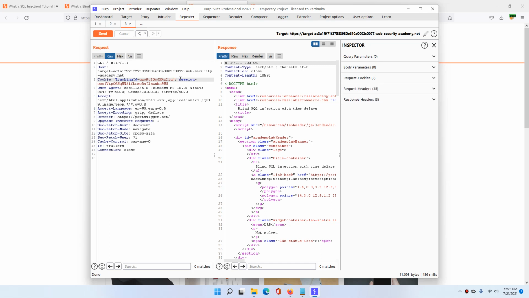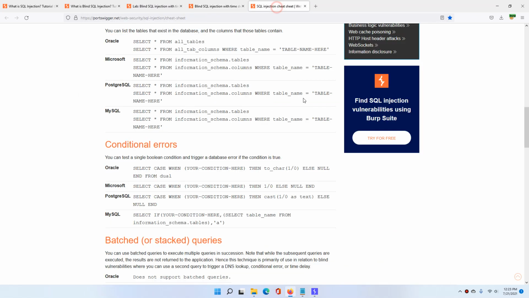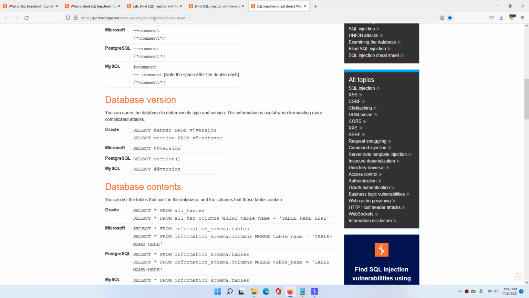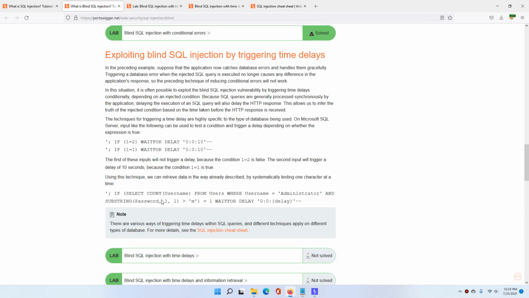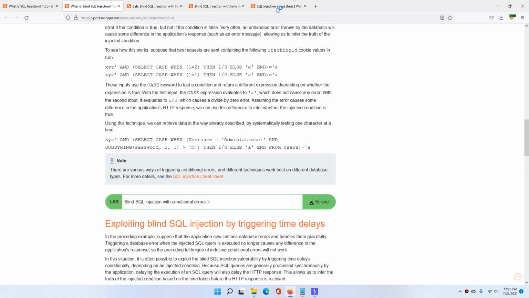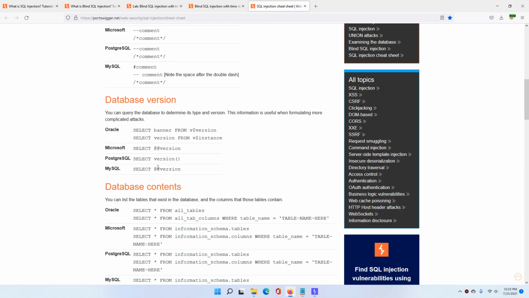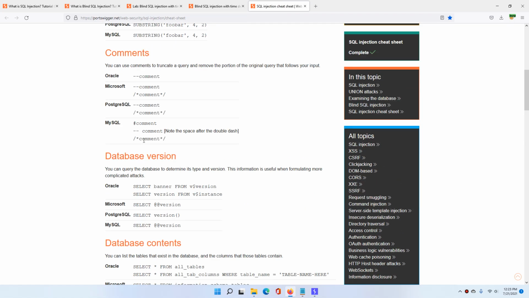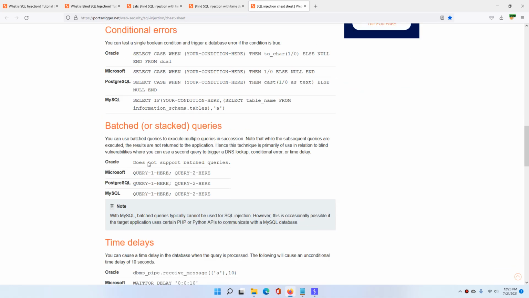So what I will do is put this single quotation mark, then concatenate it with a command from the SQL injection cheat sheet. You can access this cheat sheet from the Portswigger Academy itself, and here we can see there's a time delay.